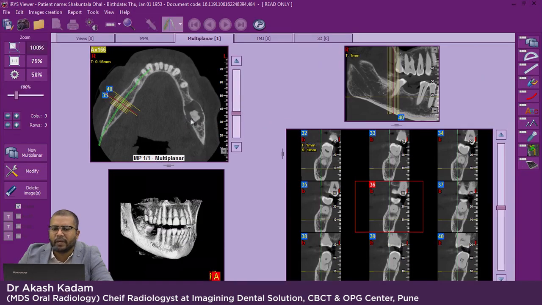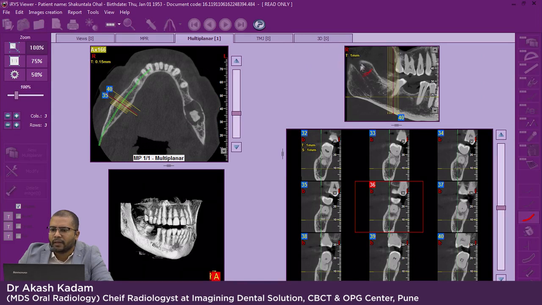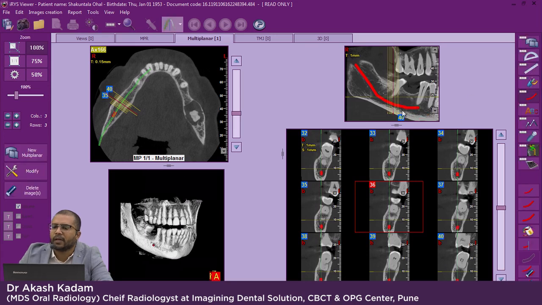So these changes will be applied now, and the area of interest is seen in the OPG. So I will select the fourth option of nerve. I will select the thickness of the nerve and I will directly mark. So it's very simple in this software to mark the nerve. We will mark it along the corticated white lines in this way. Once we are done, we have to double click it.